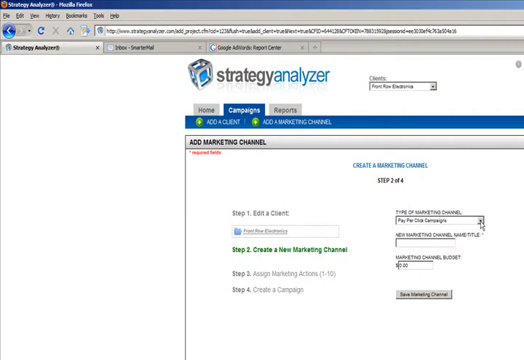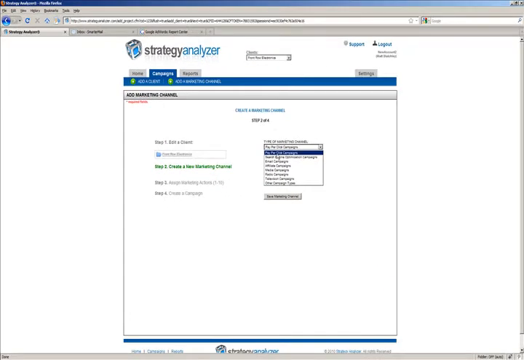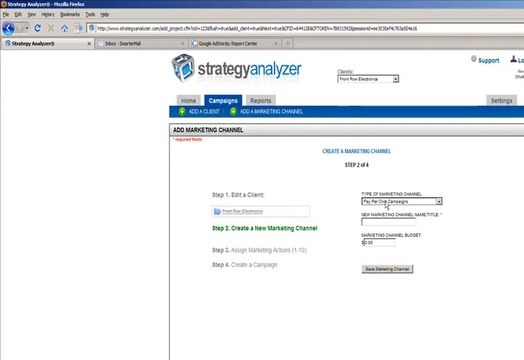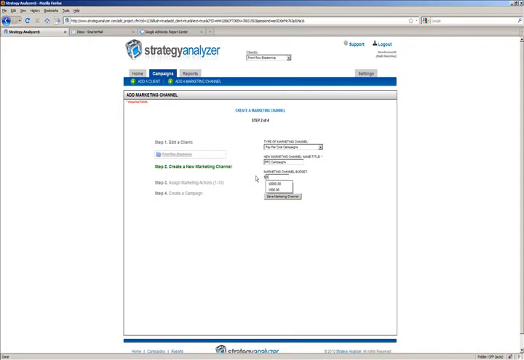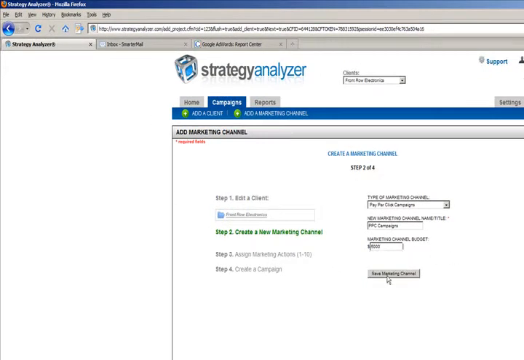And as you notice, the first thing is this drop down menu that is the type of marketing channel, and the marketing channels provided here are dictating what options are going to be available when you actually create a campaign. So in this example, we're going to use the pay-per-click campaigns, and we're just going to name it PPC campaigns. Okay. Underneath that, you'll see that there is a channel budget. Okay, and the marketing channel budget is basically the top level assignment of what all of your campaign budgets would be rolled up into one. So in this particular instance, I'm only going to set this to be 5,000,